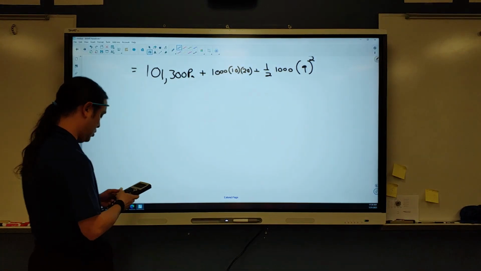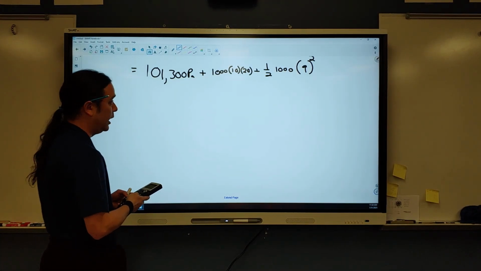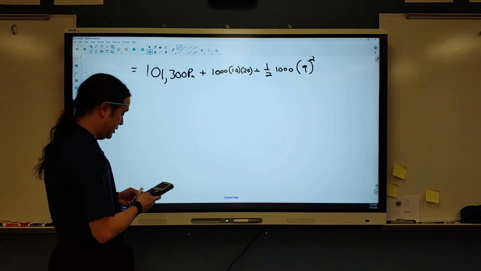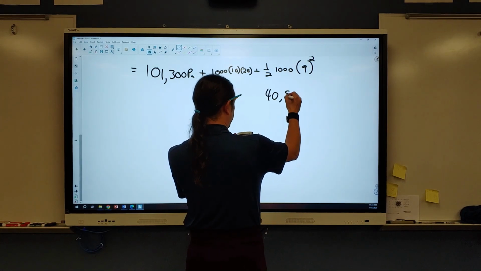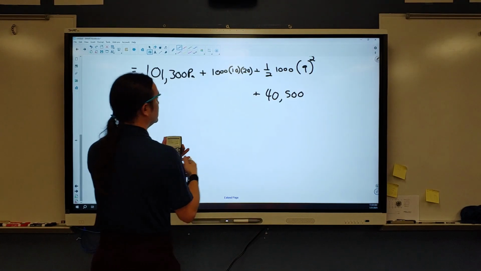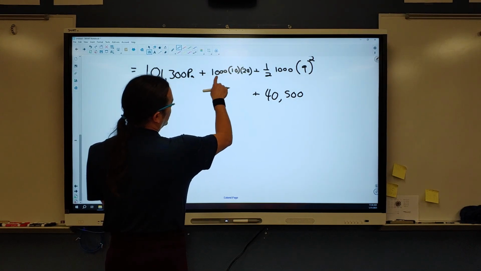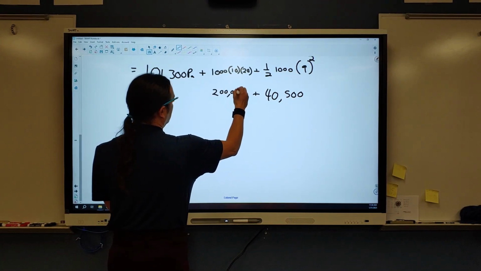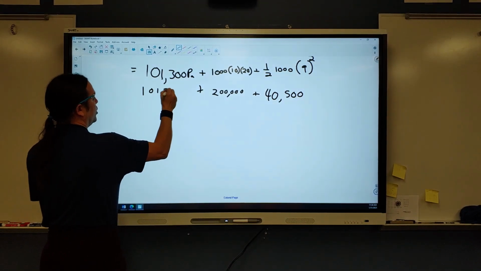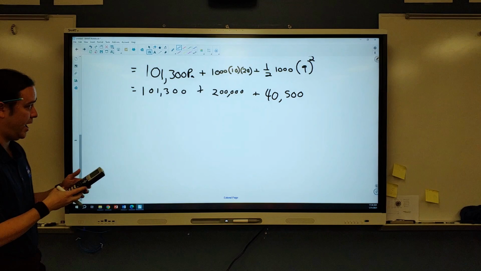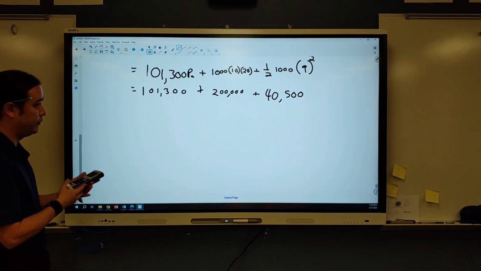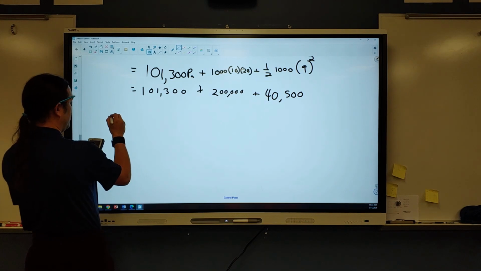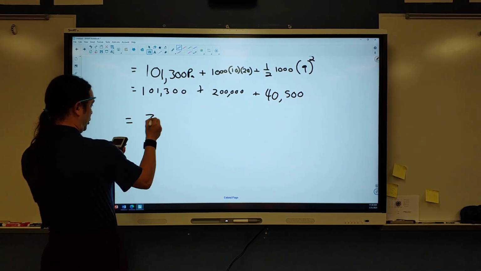So I'm going to multiply these out. 9 squared is 81 times 0.5, times 1,000 gives me 40,500 for our dynamic pressure. Plus, once again, this came up to 200,000, plus 101,300 because we're open to ambient pressure, atmospheric. So 101,300 plus 200,000 plus 40,500. If I've done this correctly, my Bernoulli's value comes up to